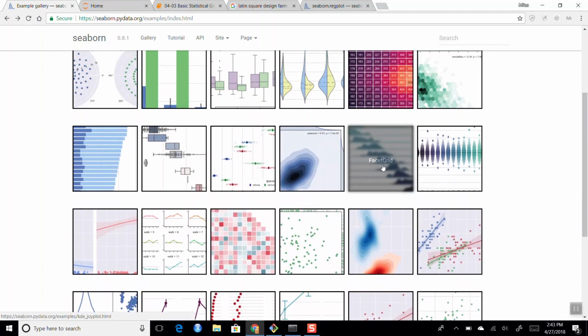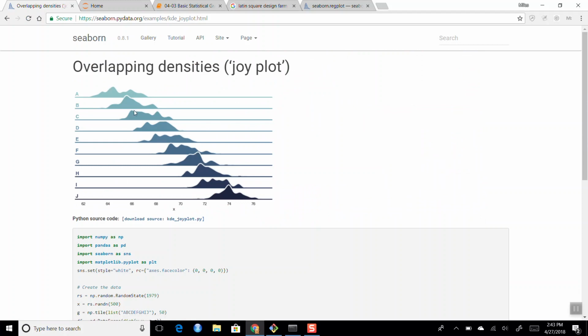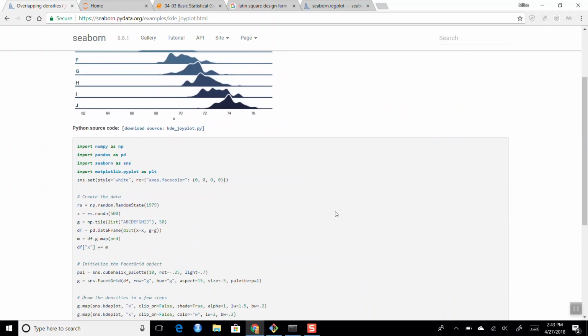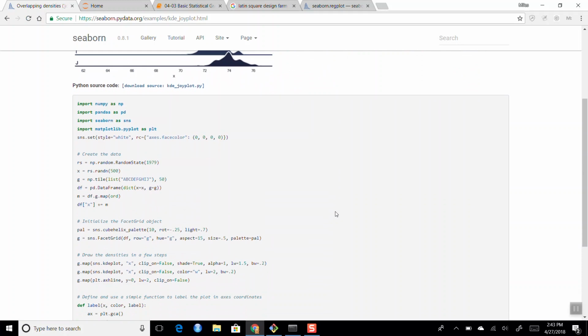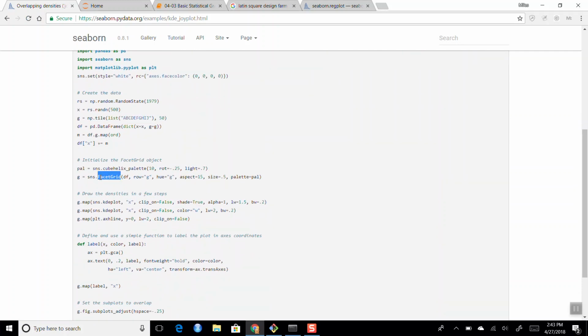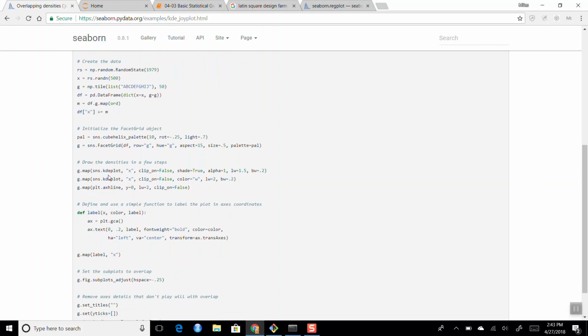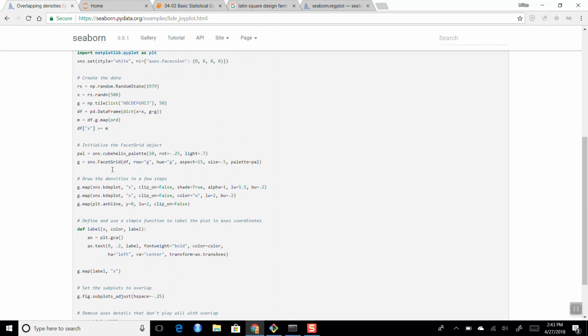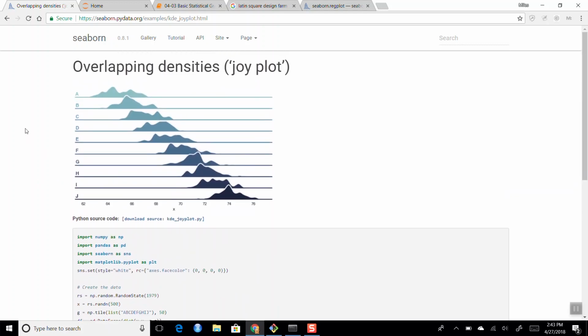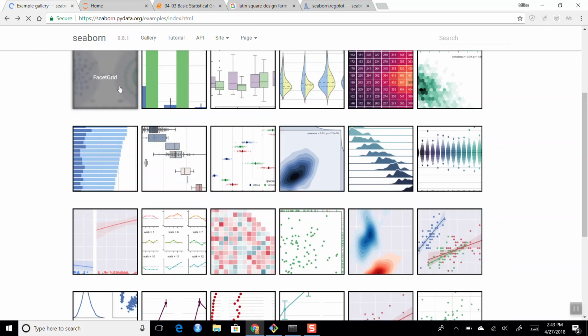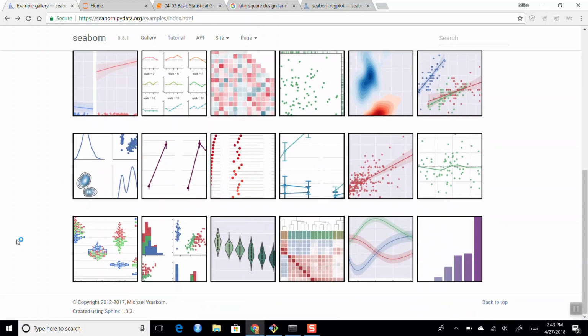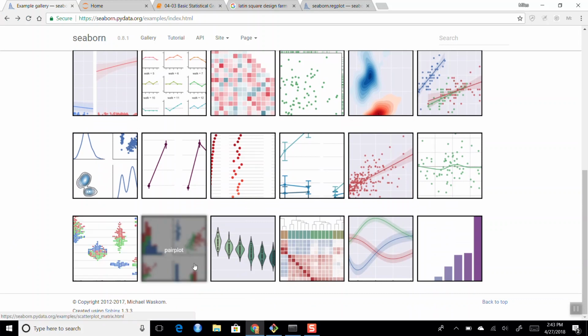Oh, this is a nice one. I know it looks pretty, but they set up a facet grid and then did a bunch of mapping of kernel density KDE plots to the facet grid. Okay, so this is seeing stuff like this and then coloring it with a nice color scheme. Okay, so you can take a look at all of these